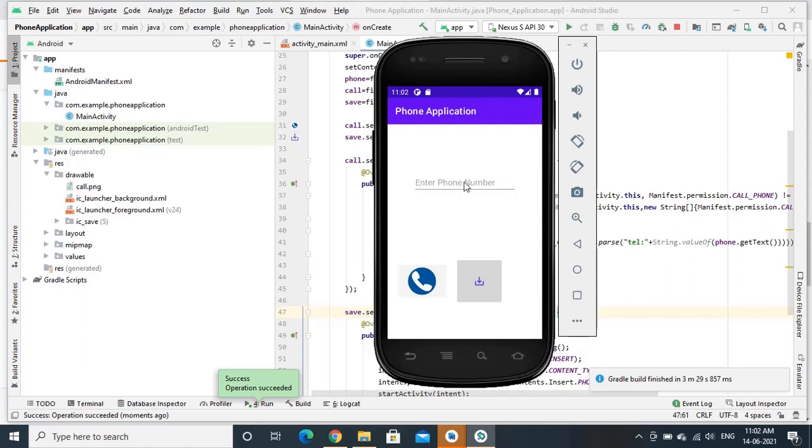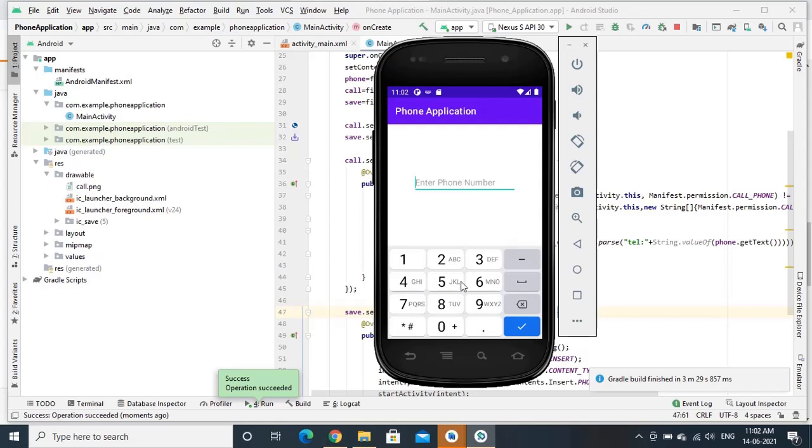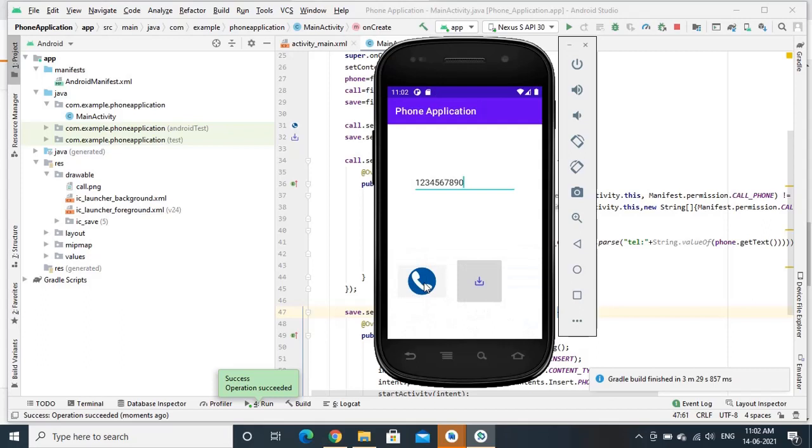Okay, the application is ready. We have to provide the phone number here. Click select and click on this call button or image.